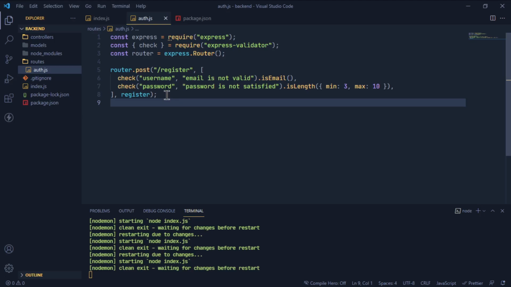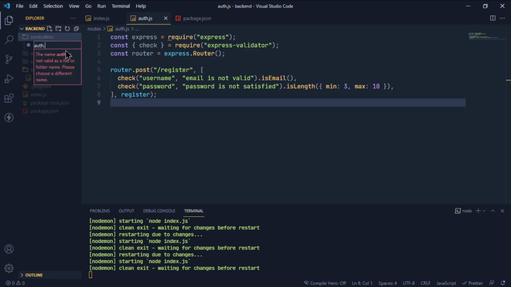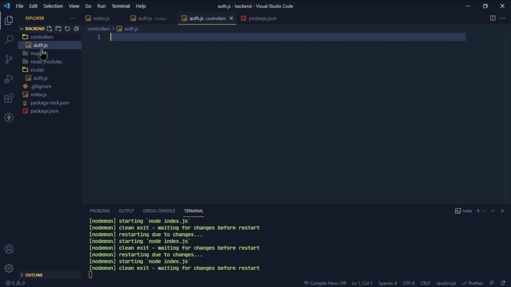In this part, this is what we have started in the previous video. In this specific video, we are going to discuss how to develop the controller for the application. Here you can see that I have one folder called container, I mean controller. Within this directory, I'm going to create one file called auth.js. I'm trying to keep the same name for everything, root, controller, model, to make sure that it is easy to access.